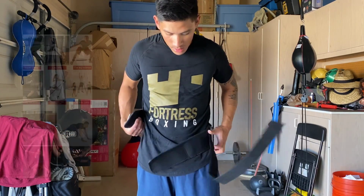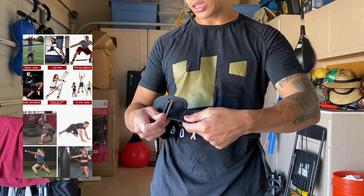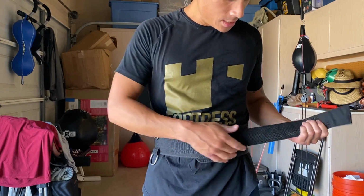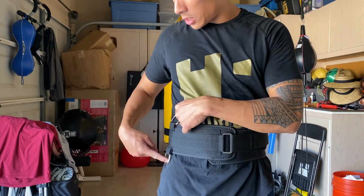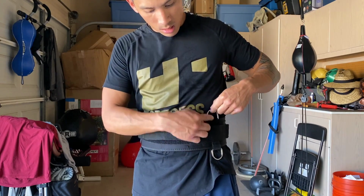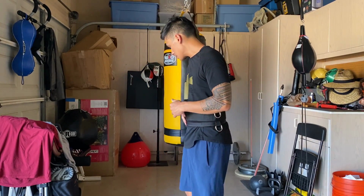So the first thing is gonna be the actual waistband. We're gonna put this on. This just comes with this little metal D-ring clip, and the Velcro strap goes right through there. Obviously, you just adjust it depending on your waist size. You'll see that it has D-rings on both sides, top and bottom. And same thing on this side, top and bottom. Everything feels nice and secure, pretty comfortable. Next is going to be